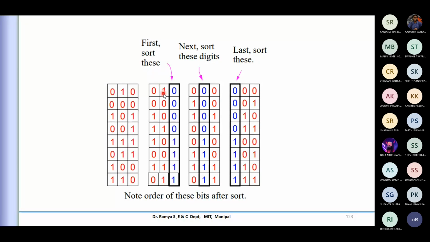So the third one goes because the width of the information is 3 bits here. If it is 5 bits, then it will repeat until the width of that. That is how the radix sort is going to start. Okay, so we'll take an example and we'll try to complete that.